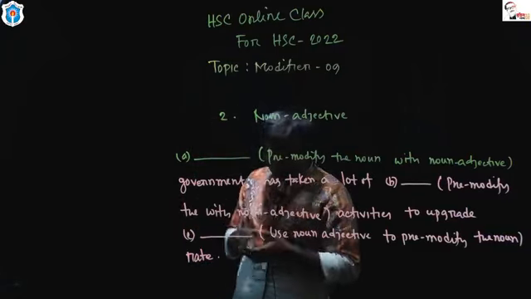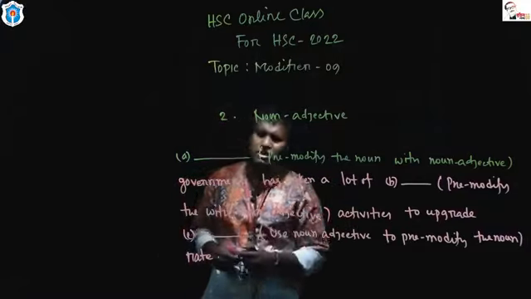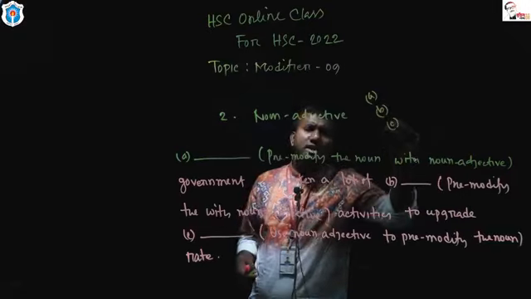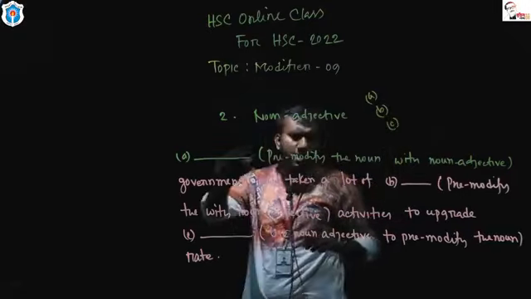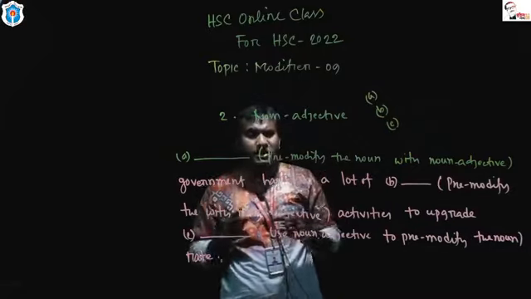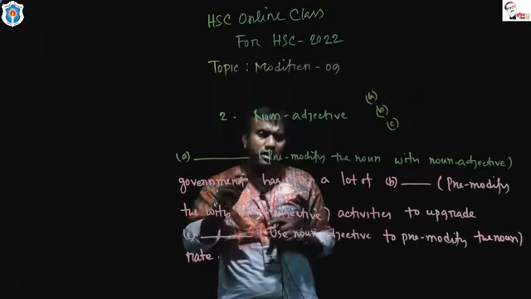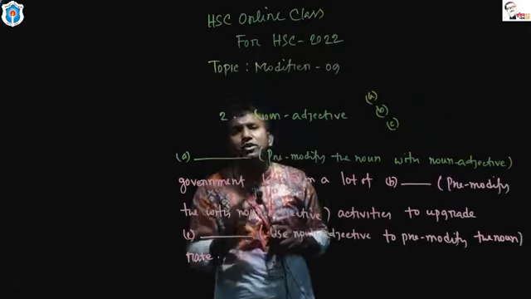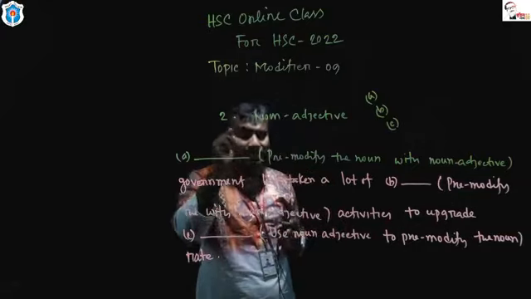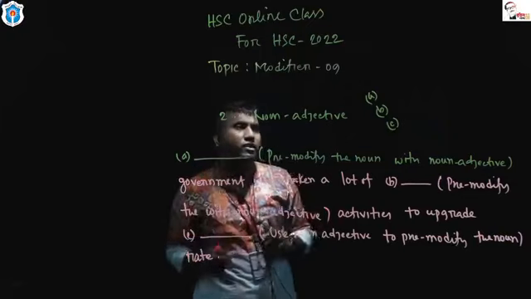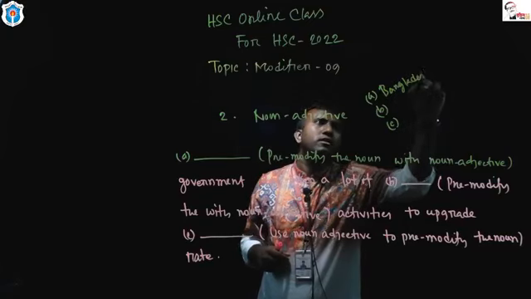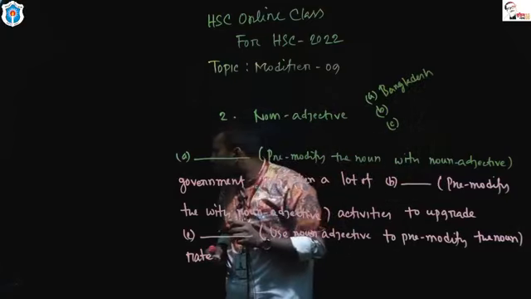Give me the answer. Okay, now let me tell you about questions A, B, C. I'm going to write the answer here. Dash government. Someone has written existing government. Existing government is not a correct answer because existing is a pure adjective. You are not allowed to use any pure adjective. You have to use a noun, and that noun will be working as an adjective. Here you can say Bangladesh government.